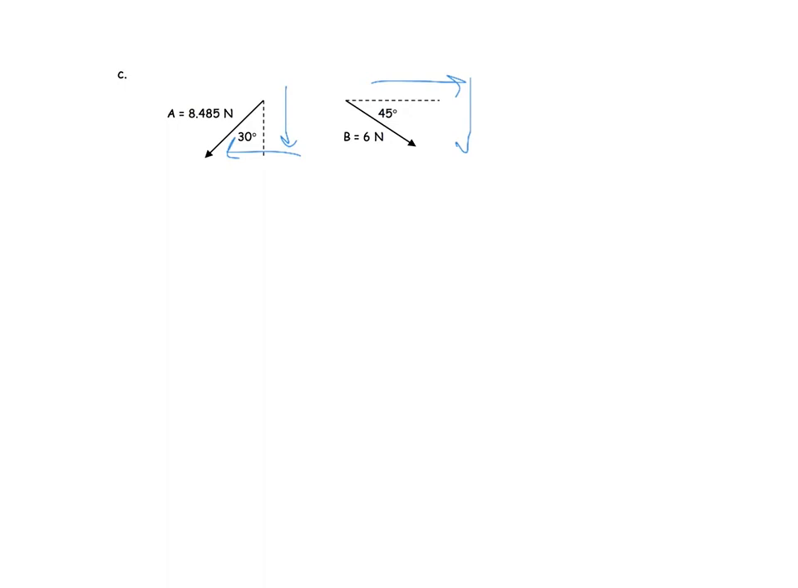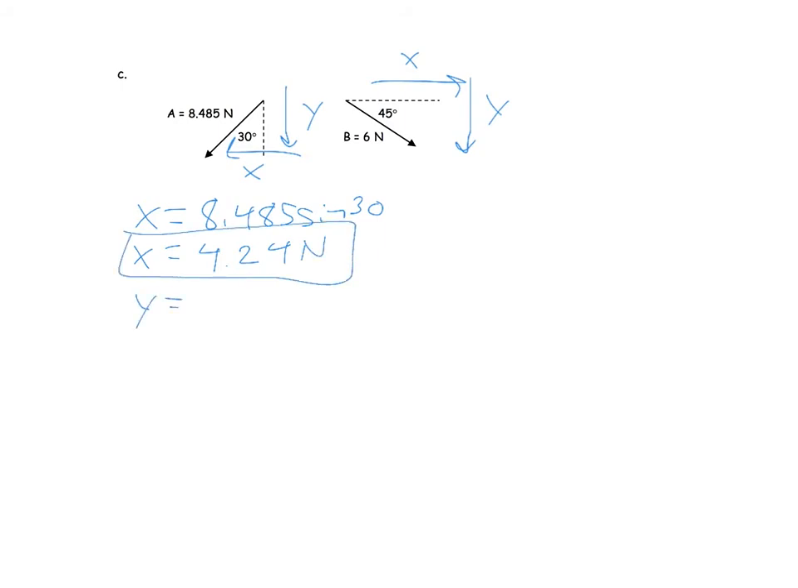Okay. And so I have the x and the y here, x and the y here. For this first one, the x is going to be 8.485 sine of 30 because it's the opposite side. So I get a value there of 4.24 newtons in this case. Again, a unit we haven't used yet, but it really doesn't matter what the units are. The vector addition is the same. In the y, we have 8.485 cosine because it's the adjacent side. And so we find that that becomes